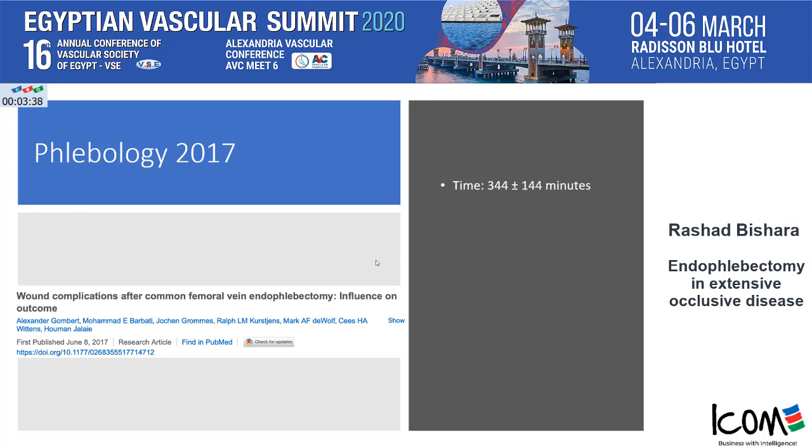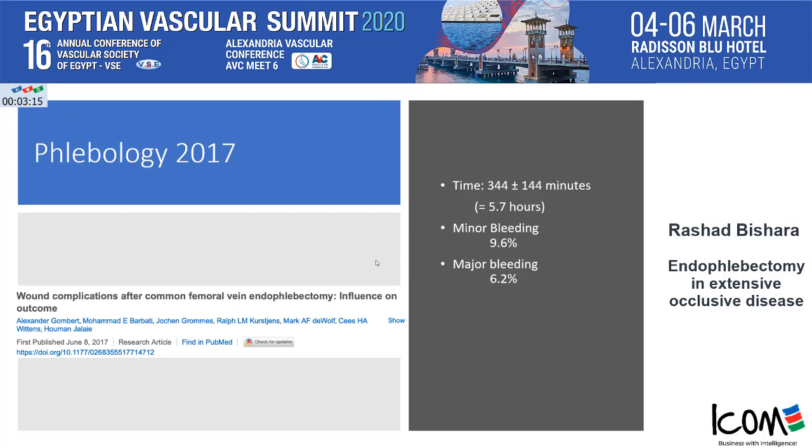Well, it's not a quick procedure. It takes, on average, 5.5 hours, plus or minus 2 hours. So you need to spend the whole day there. And quite a bit of bleeding. Minor bleeding in about 10% of the patients. Major bleeding requiring transfusion in about 6%. And this is